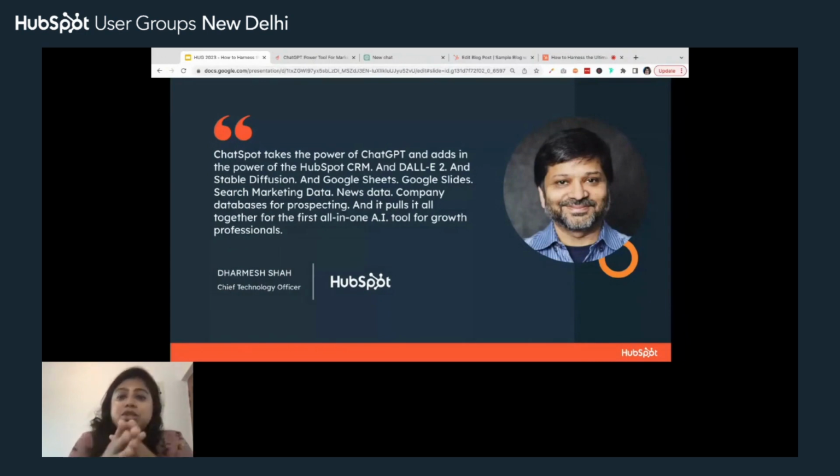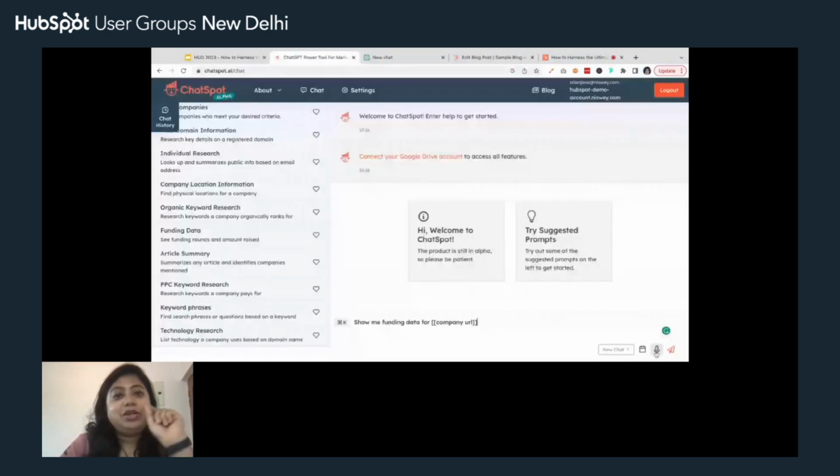So I would suggest, once you go back, if you're using HubSpot day in and day out, also start using these tools. You can go to ChatSpot AI, just link your account, and it will be able to. It's really a time saver in amount of like what all data it can pull for you by just typing. And actually, it's not just typing anymore. If you don't like typing, you can actually talk into it and it'll do the work for you. So that's even more time saved. Sometimes you just don't feel like typing, even if you are a content writer.